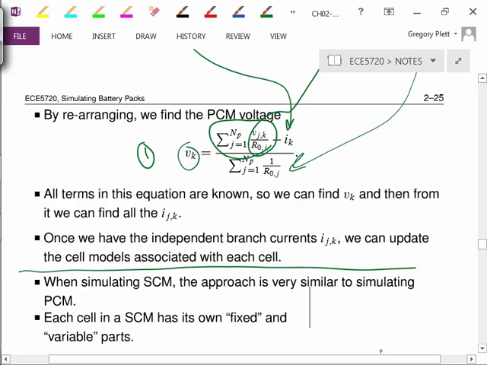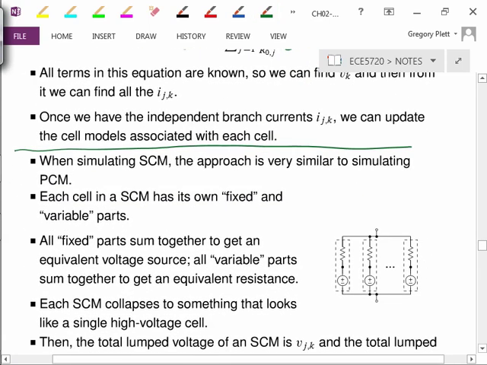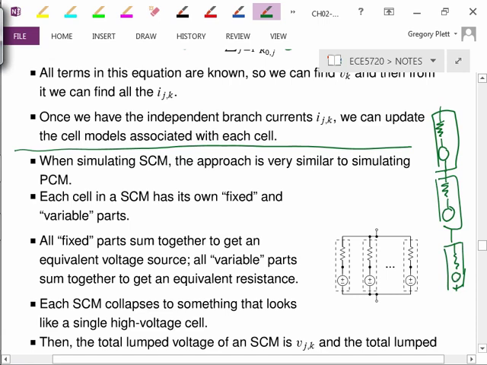Now SCM is done a little differently, but the same principles apply. In a series connected module, again, I've got a cell, and the cell is going to have a variable part and a fixed part. And then I've got another cell with its variable part and fixed part. And then I've got another cell with its variable part and fixed part, etc. And then that is one SCM, and then I put a bunch of SCMs together in parallel. A single SCM like this